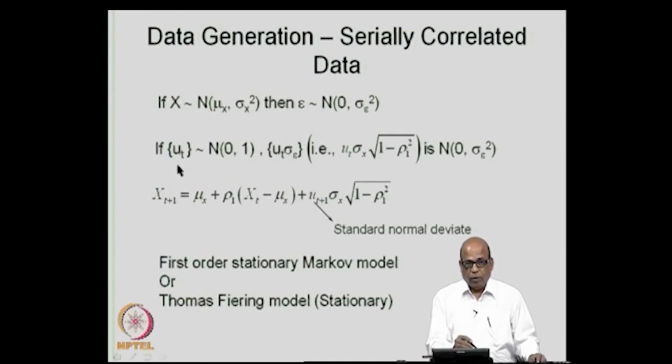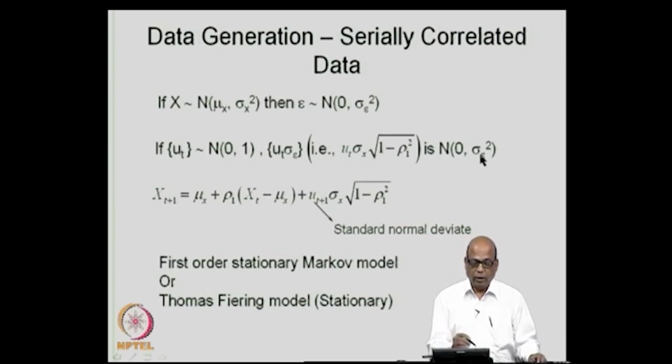So, we now introduce, if u t has a normal distribution of 0, 1, then u t into sigma e, that is u t into sigma e given by sigma x into root of 1 minus rho 1 square, is normally distributed with 0 mean and sigma e square. So, this is what we want. So, we will introduce u t into sigma x root of 1 minus rho 1 square into the model, so that we are ensuring that the random component will have a 0 mean and a variance of sigma e